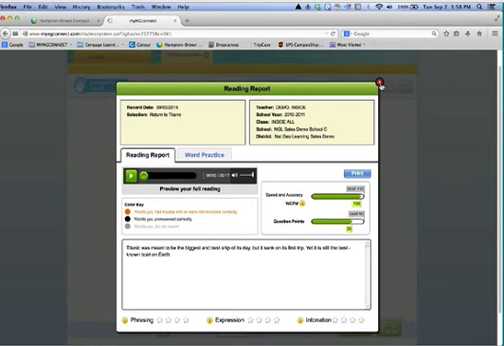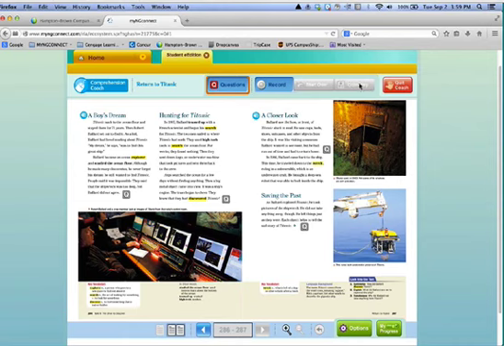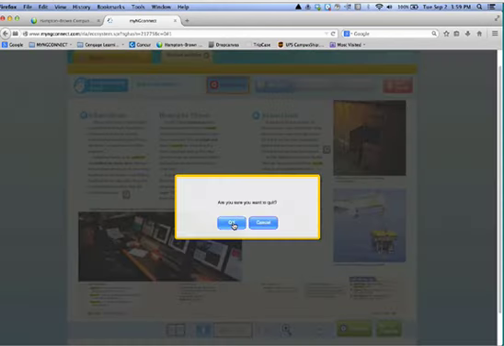I'm going to close this particular report, and then I'm also going to very quickly show you a couple of things. So that color key that I mentioned when we saw the reading report is also here for me so that I know what I've done well and what I have not done well. And it also shows me my progress as I'm going through it. So I'm going to stop recording this section of it, and I'm going to quit the coach. And when I quit,